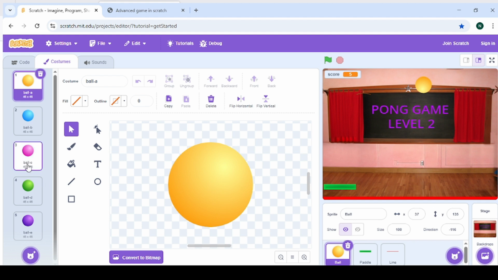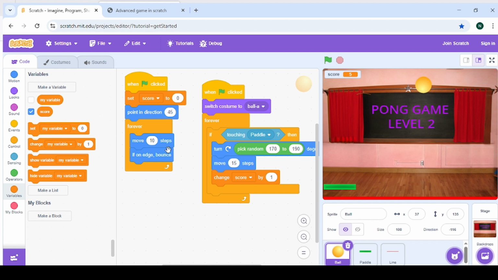Or is ball C, right? So we don't have to change the color. Let's go back to our code. Okay, here's our code area. So now switch costume to ball A. Right, and then switch backdrop to,